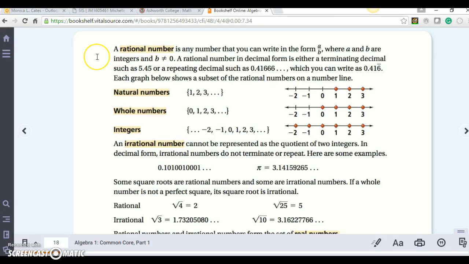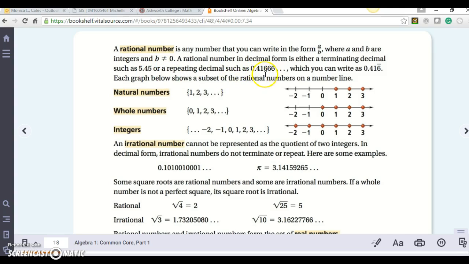Okay, let's talk about numbers. So a rational number is any number that you can write in the form of a over b, where a and b are integers and b is not equal to 0, because if you divide by 0, it is not real. So a rational number in decimal form is either a terminating decimal such as 5.45 or